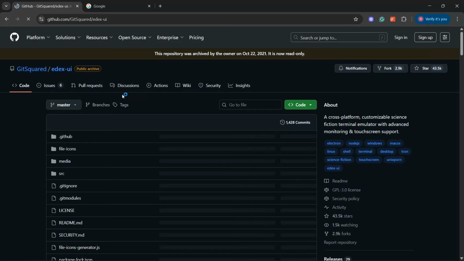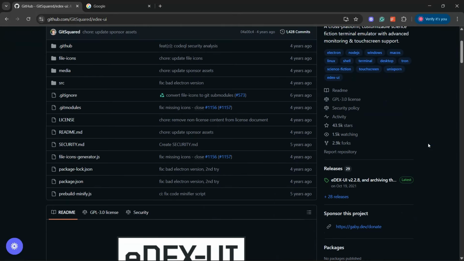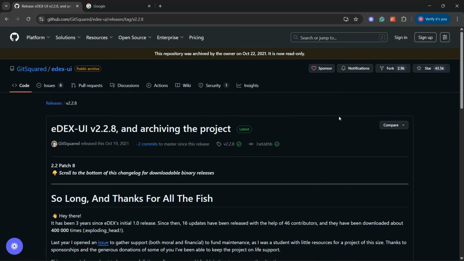Don't open any other link, it may contain a virus. GitHub is a trustworthy website, that's why I am downloading from here. Scroll down and you will find the release section. Here you have to click on this. After clicking on this, you have to come down